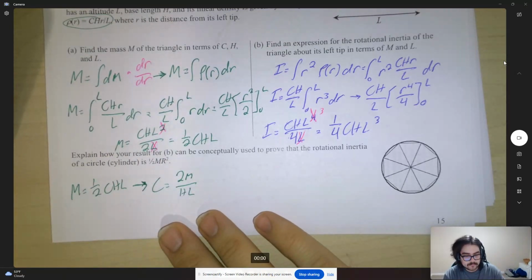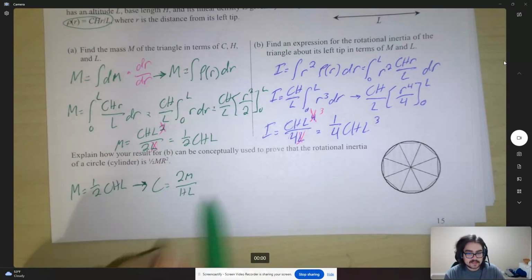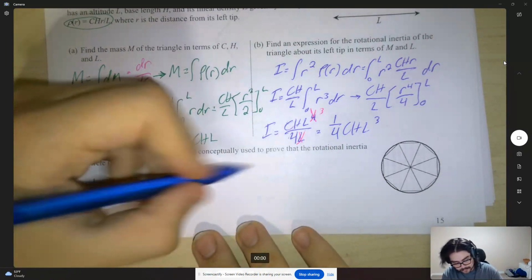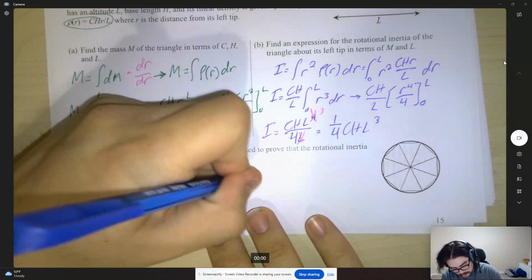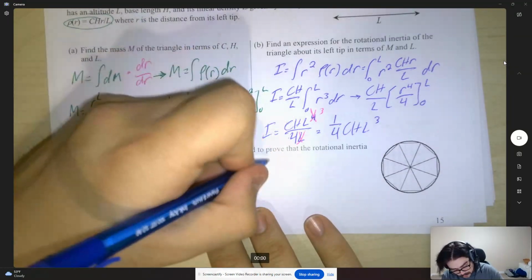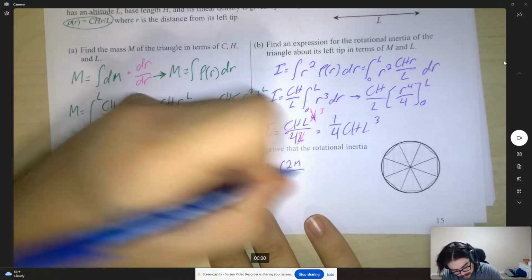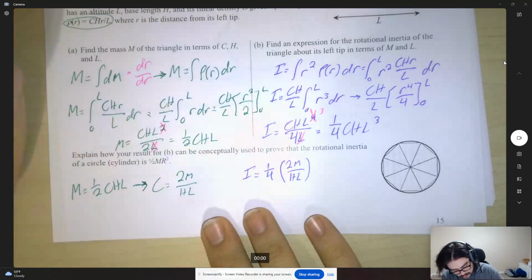Now that's important because then I can plug it back into my inertia equation. And when I do that, I will get the inertia is equal to 1/4, plug in my C, which is 2m over HL,